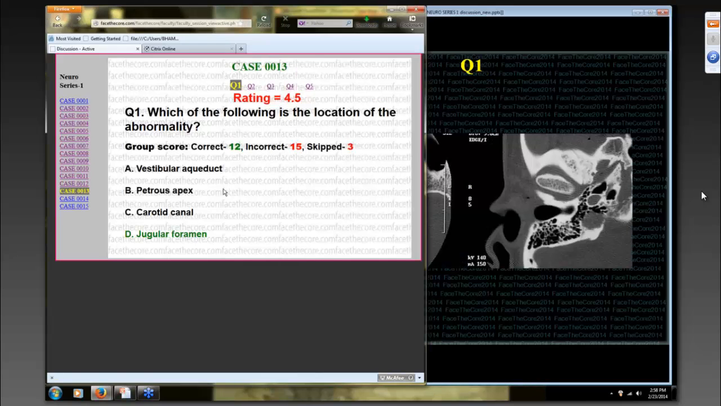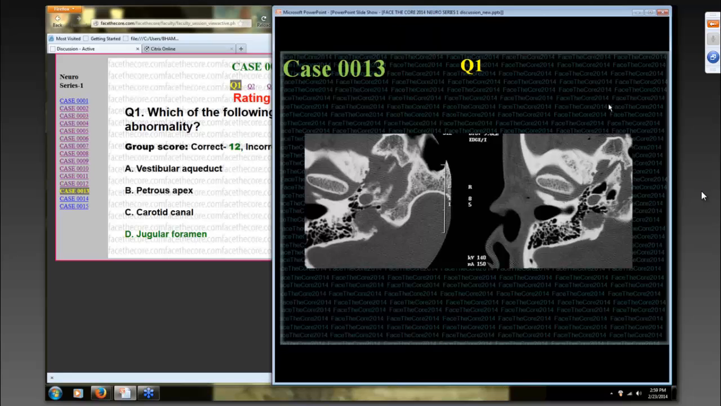This is case number 13, where you see that the lesion is right in the skull base at the jugular foramen level, where it is not only enlarged, the walls are very irregular and eroded, and it is in the region of the jugular foramen. The jugular foramen is at the skull base itself